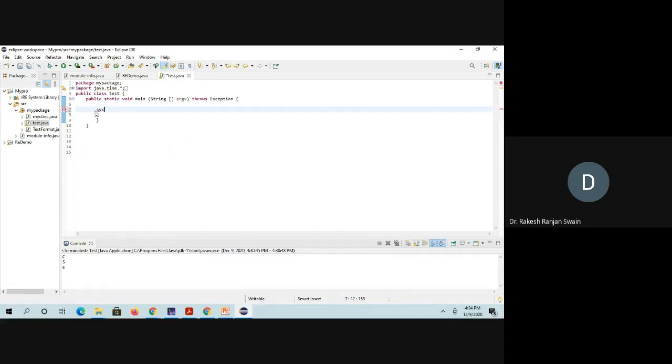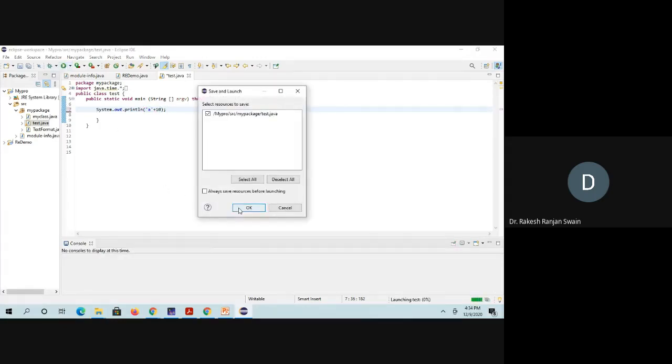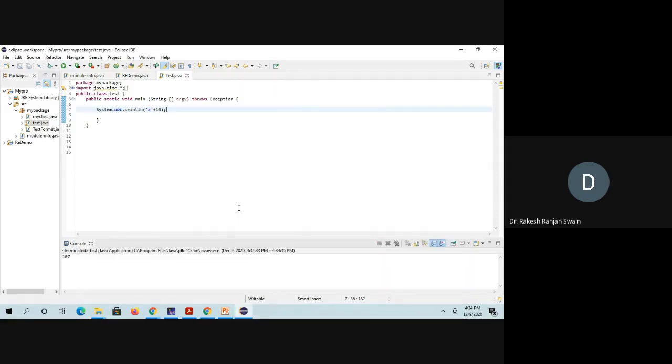Here, I'm directly printing it. I will mix what? A character 'a', then concatenate with a number, then print this. See, the result will become 107.